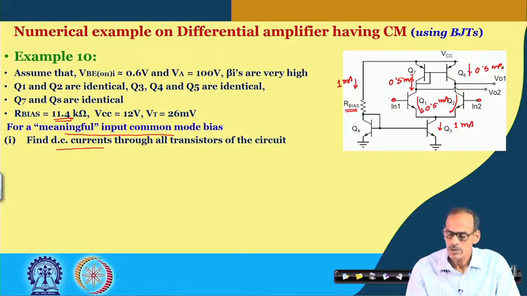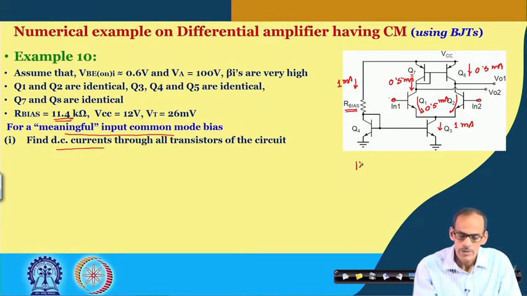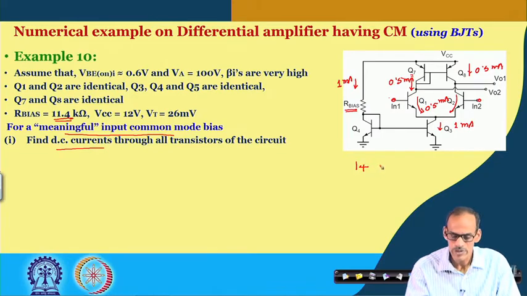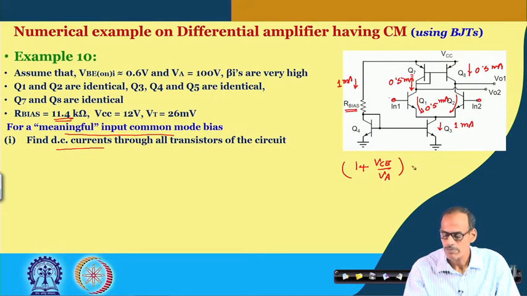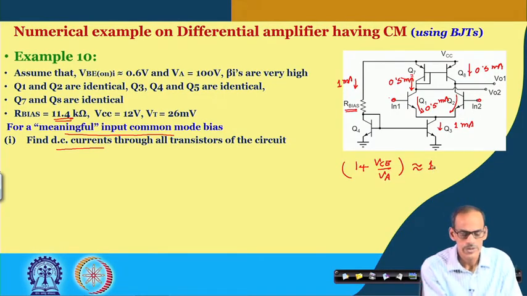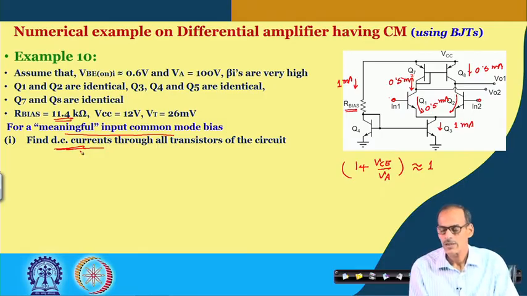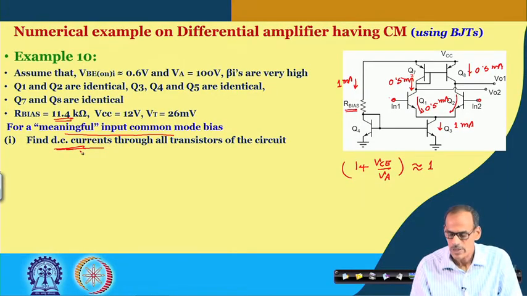If you ignore the early voltage, that is, the nominal quiescent current factor 1 plus VCE by VA, if you consider it approximately equal to 1 for DC current, then the circuit analysis becomes really simple. And also since transistor 7 is diode connected,